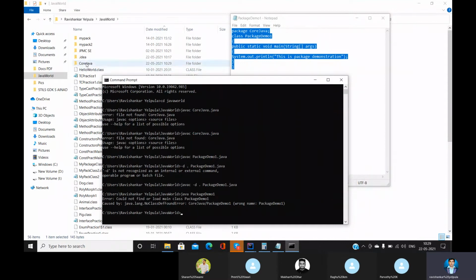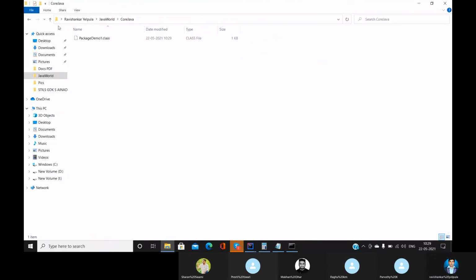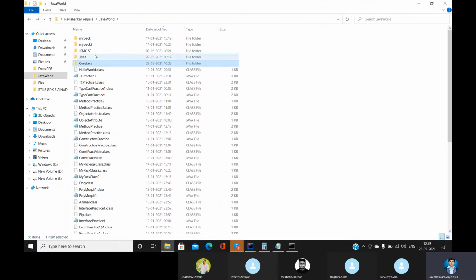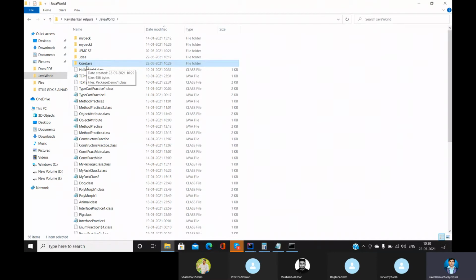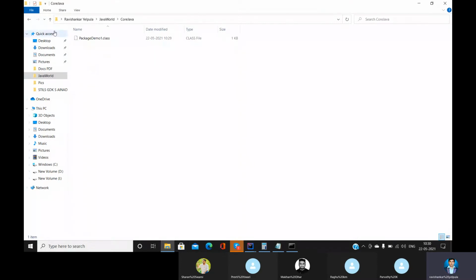But can you see this? Can you observe this? Now, one more folder is created here, and the class resides in this particular folder. So this is called a package, guys. Whenever we create a package, it will create a folder, and all the related classes will be placed in that particular folder, guys.